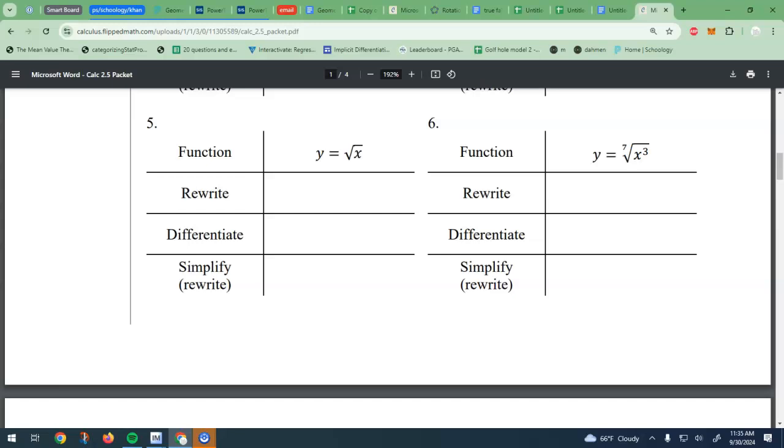Alright, so the rewrite here would be x to the 1/2. If you have a root of x to the b, it's always the inside over the outside. And if there's no number on the outside, it's a square root, right? So it's a 2. It's the inside power over the outside power. Differentiate, so now I'm going to bring down the power, leave the x, and reduce the power by 1, so it's negative 1/2. Then if I rewrite it,